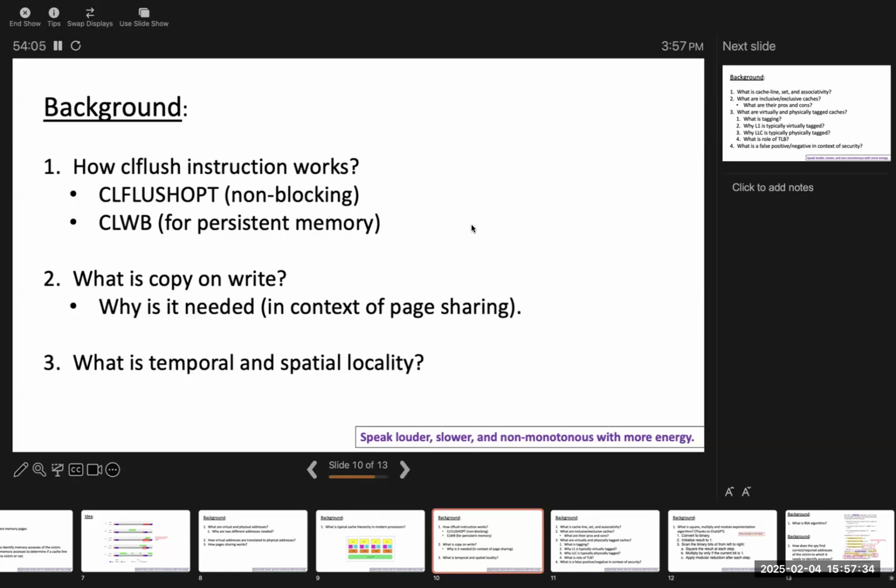Read-only. Both can only read from that data, but cannot write. But whenever one of them wants to write, a page fault happens. I'm not going to explain it because we need to focus on the paper and we don't have enough time to go and explain the OS course related things. But just to make it simple, since it has only the read-only permission, both of them